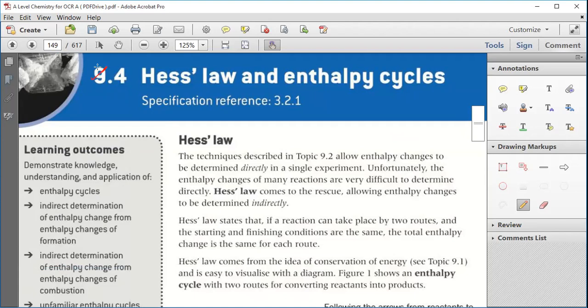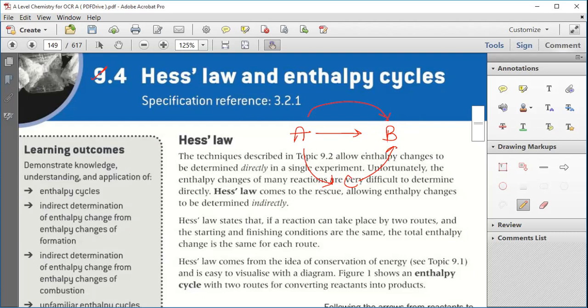Simply, it states that suppose there is a change in a chemical reaction from A to B. There is a chemical reaction going on in which substance A is forming B. Whenever A to B is going on, it means there is a change in enthalpy. Now suppose A is not converting to B directly. First, A is converted to C, and then C is converted to B. It means this is a two-step reaction.